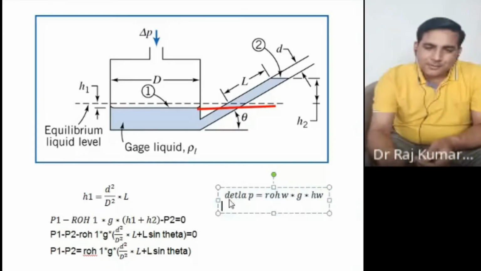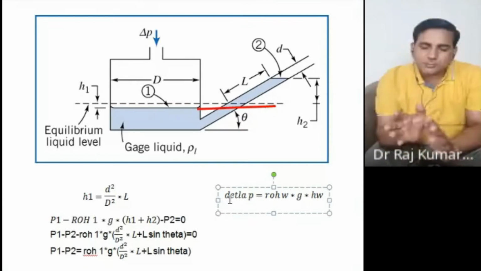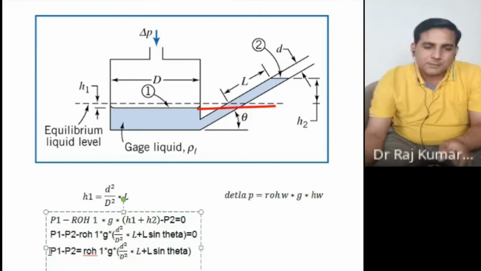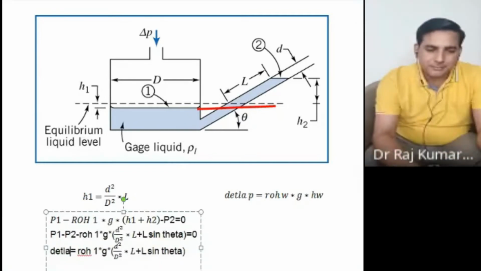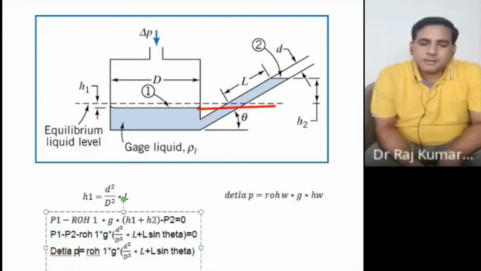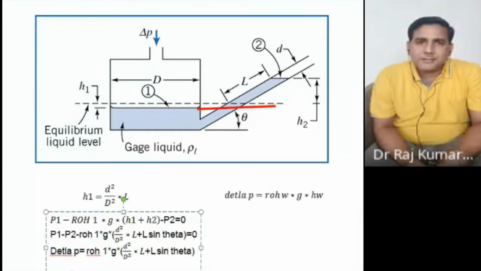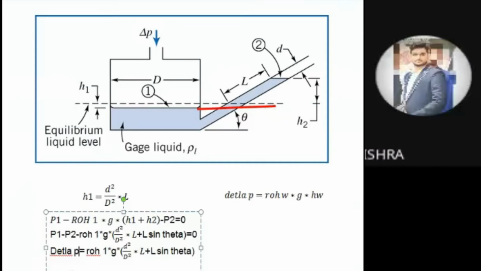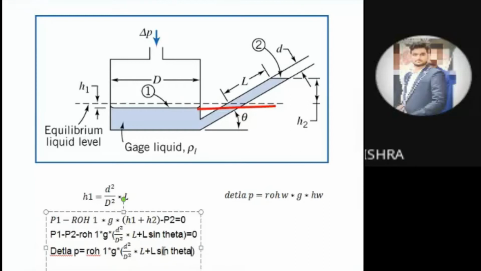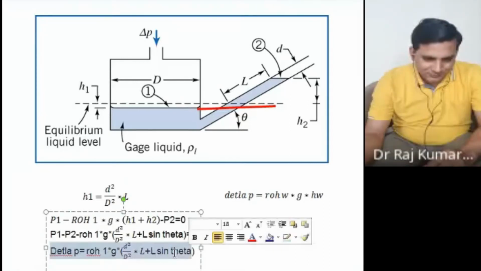Now from here, these two pressures must be equal. You have one delta P which is this, and this is also your delta P. Both must be equated, both are the same pressure. So you equate them. After equating, what will come? We have to find L by H, yes, that is what will come.